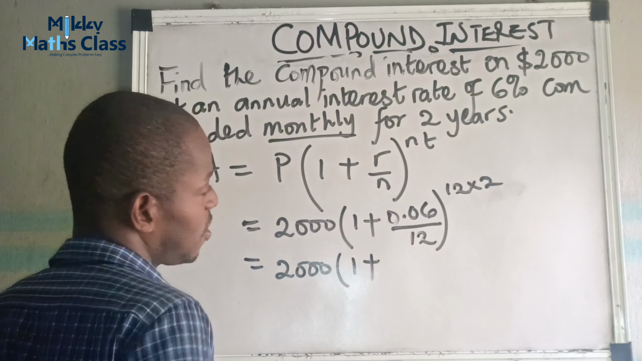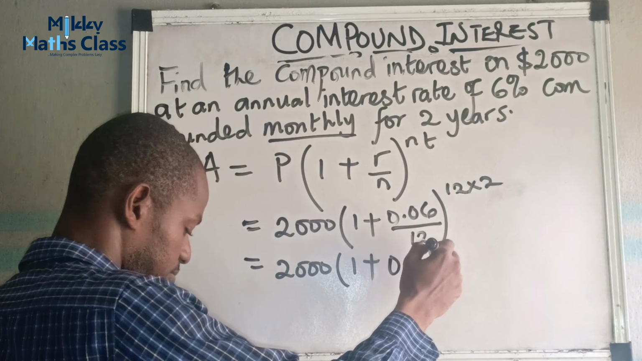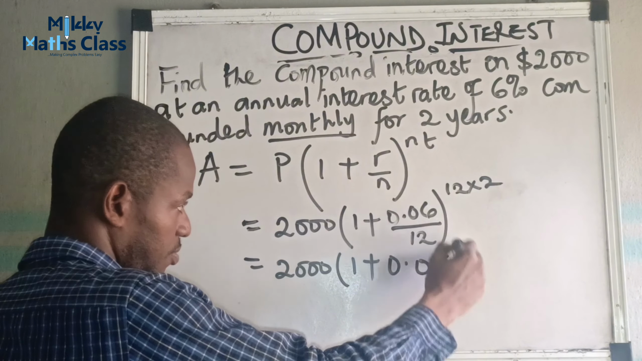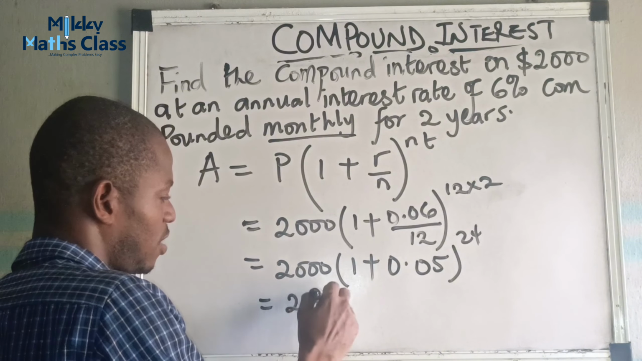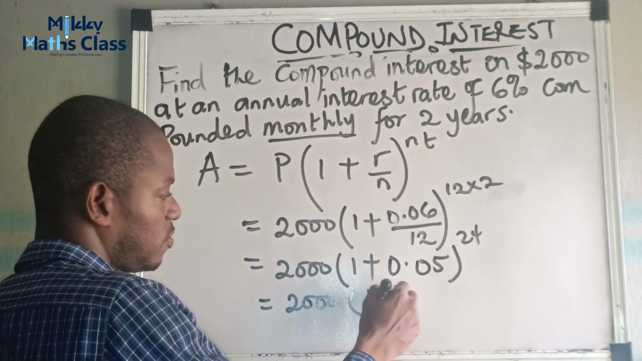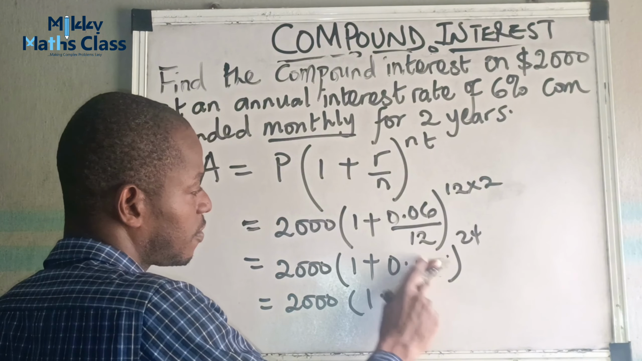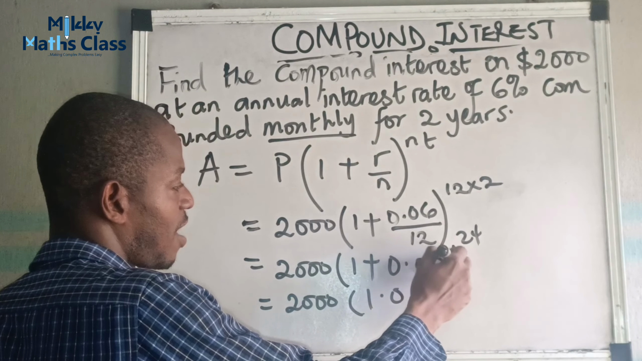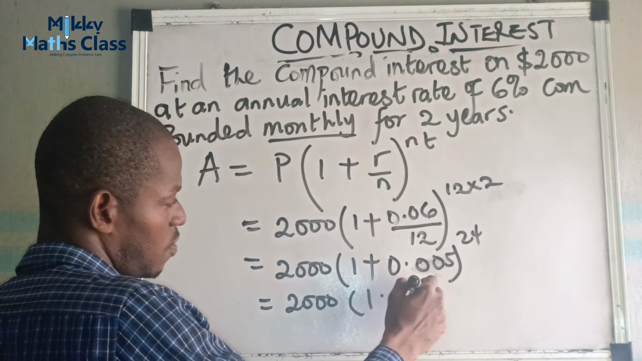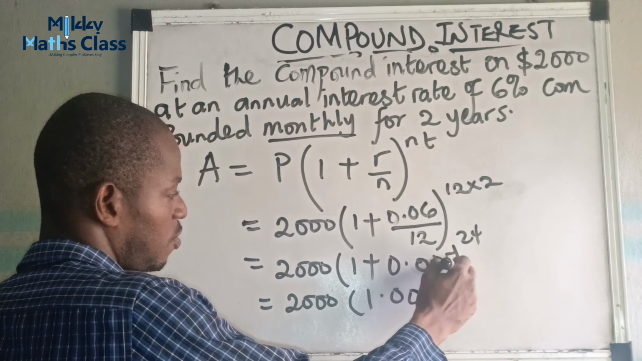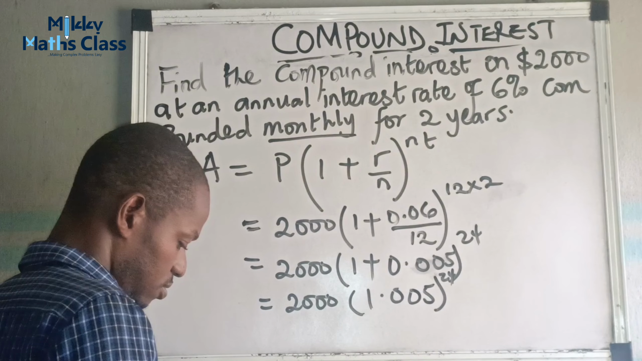1 plus, this should be 0.05. This is 24 raised to the power of 24. This is $2,000 to back at 1.0. Okay, this is 0.005. So this is 1.005 raised to the power of 24. So when we calculate this will give us